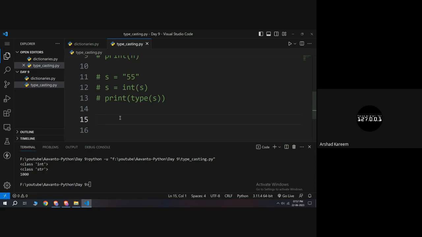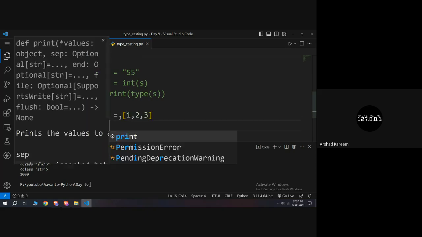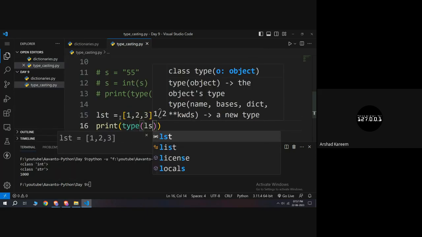So now we have seen how to convert int to string and string to int. Can we convert a list into a tuple? Let us see. Let me declare a list here, and the elements inside the list are 1, 2, 3. And if I print type of LST,